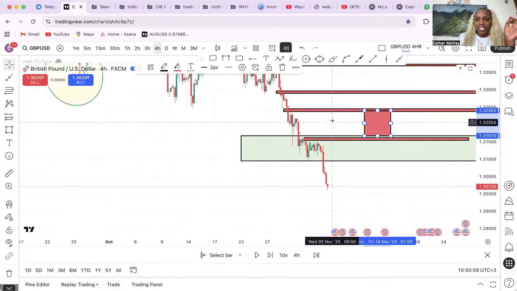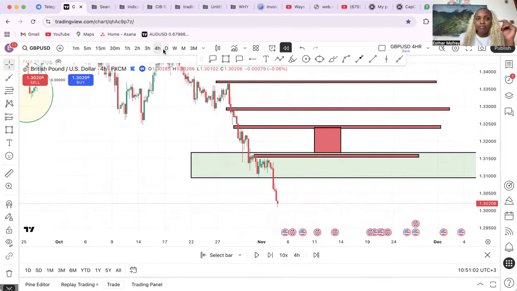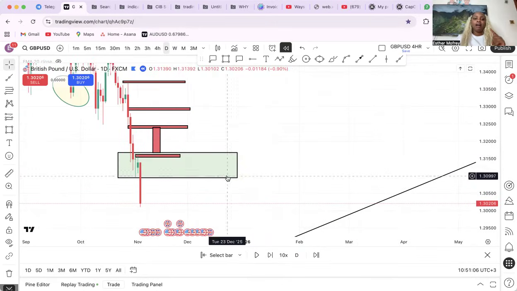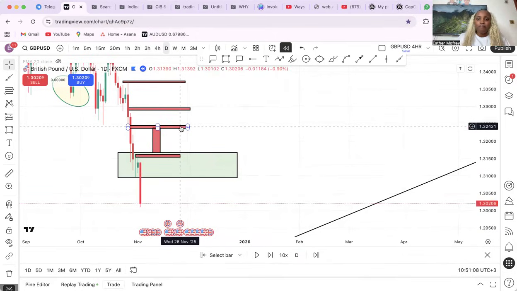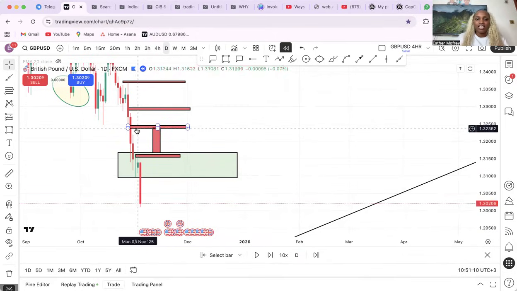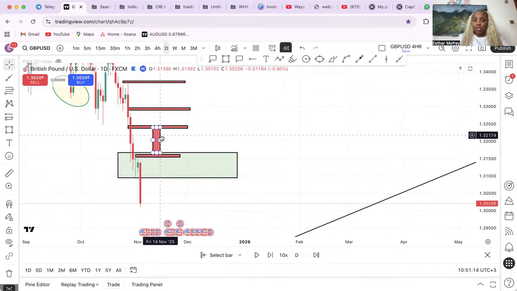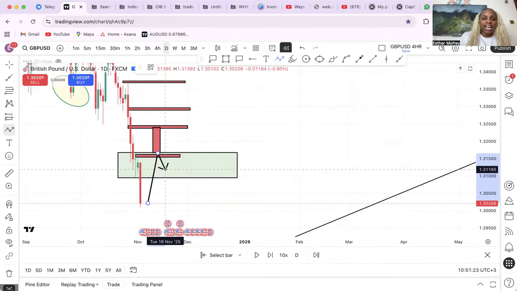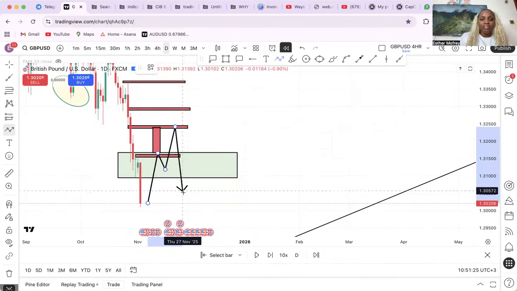So this area is a double top, but if you go to the daily time frame, there is nothing. And if I am selling according to this CIB, I better be selling when the market is at this area. All right, now, so for me, I'm not looking for a sell unless this is the CIB that does a retracement. If I am to sell, I want this CIB to do a retracement,